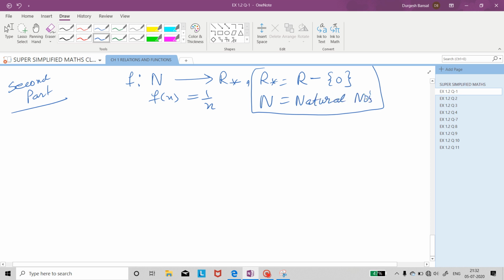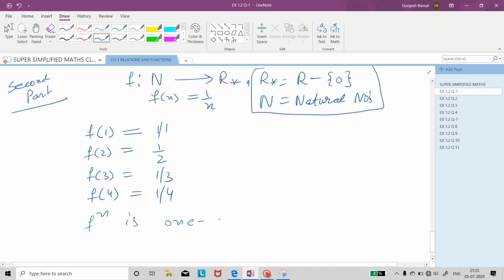Okay, now let us go to the 1-1s. Since the set of natural numbers is there, things become easier. Let me apply this function on a few natural numbers. Say the first natural number is 1, f(1) will be 1, f(2) will be 1/2, f(3) will be 1/3 and f(4) will be 1/4. So you have seen that the reciprocal of every natural number is different. They can't be the same. The function is 1-1.